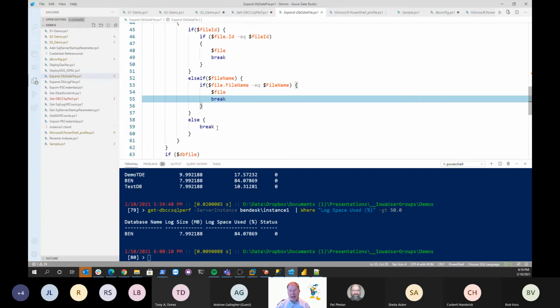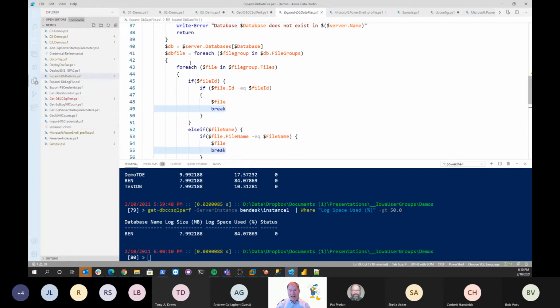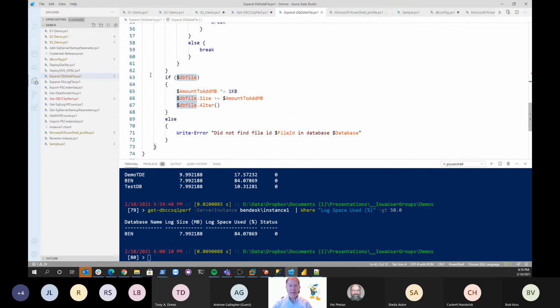If I don't find it, I'm going to break, and the DB file is going to be empty. It's going to be null because I didn't find it. So if I said file ID 40 and there's only 1 and 2, it's not going to find it. So then it comes in and says, if I have a database file, I'm going to do this amount to